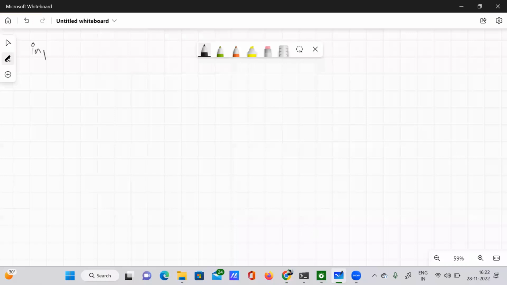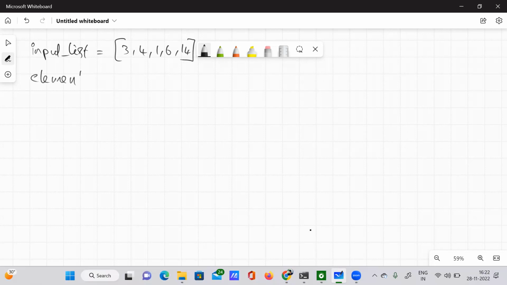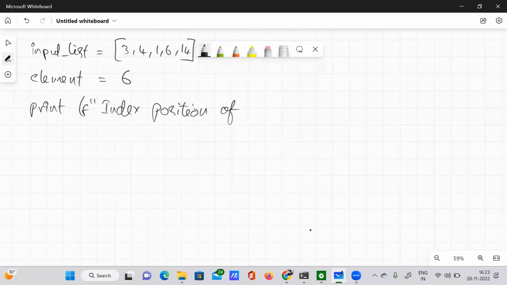So here my problem is having input list equal to some kind of list 3, 4, 1, 6 and 14, right? This is my list here. And I have also assigned some integer to my variable, that is element, that is maybe 6 here. So now I want to print the index position of element. Index position of my element is,